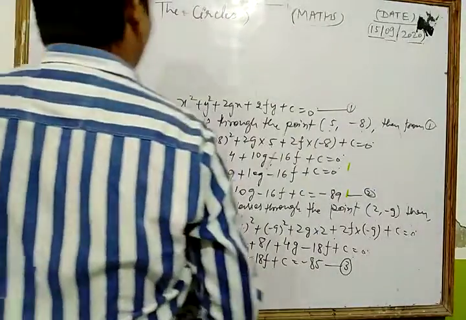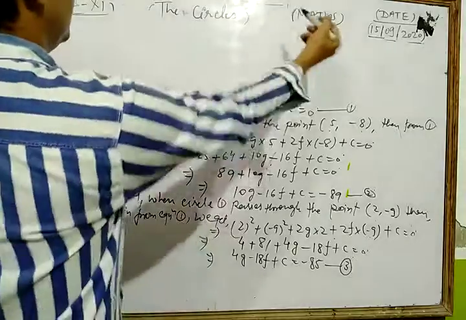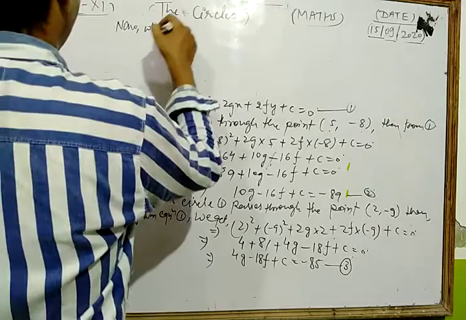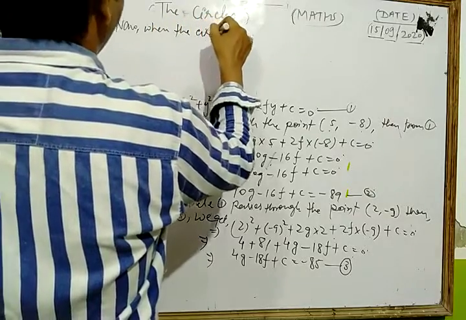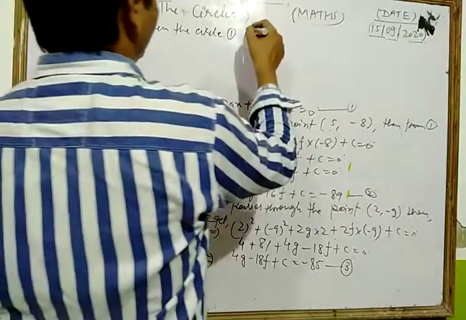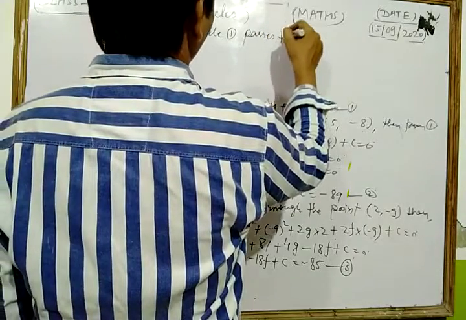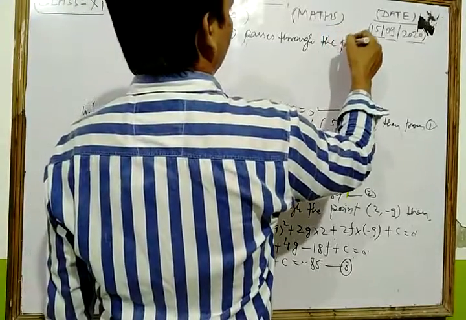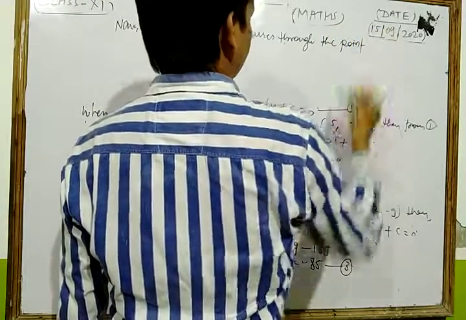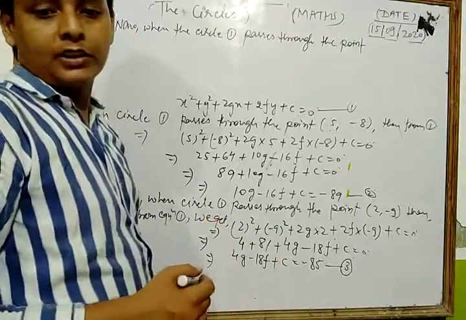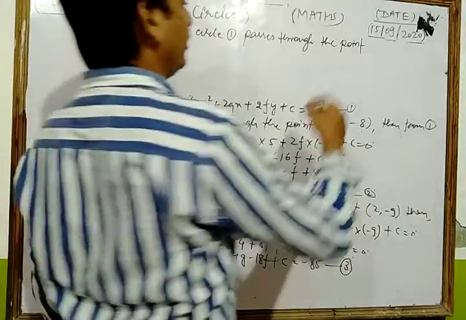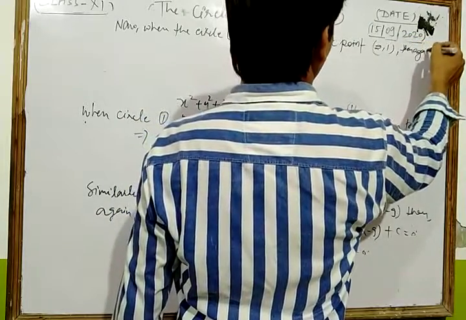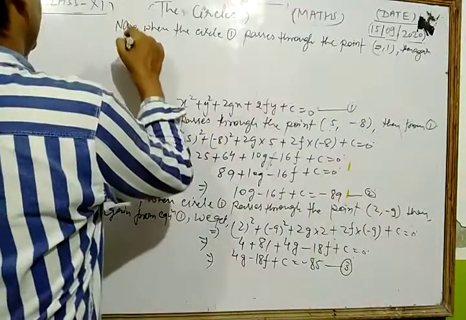When the circle first passes through the point (2, 1), then again from equation 1 we get...